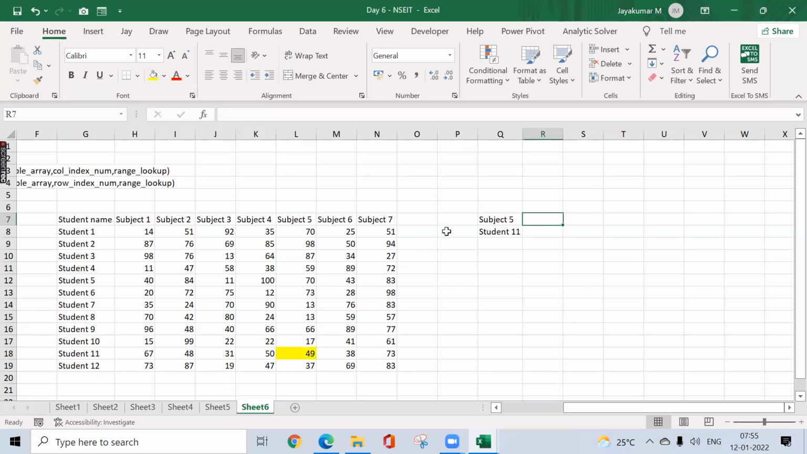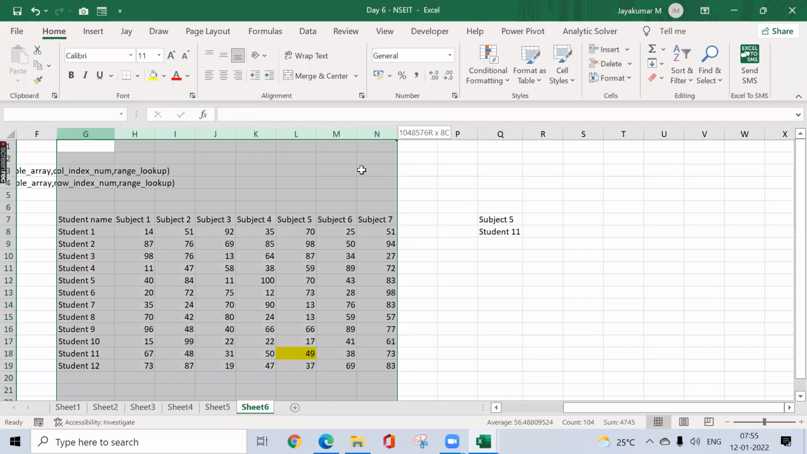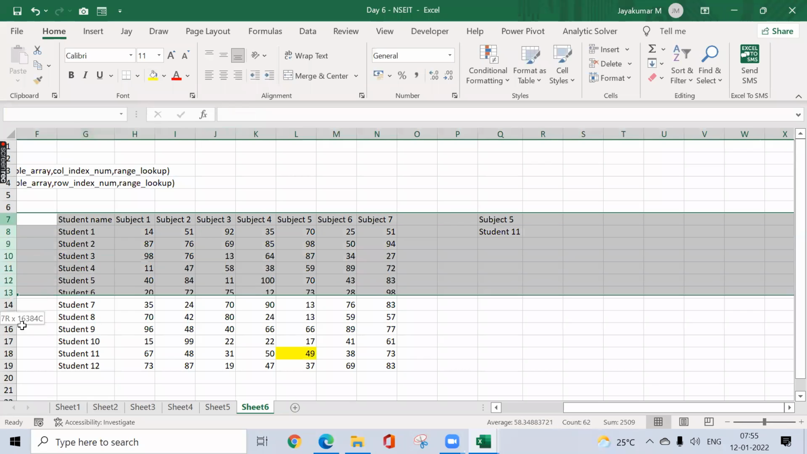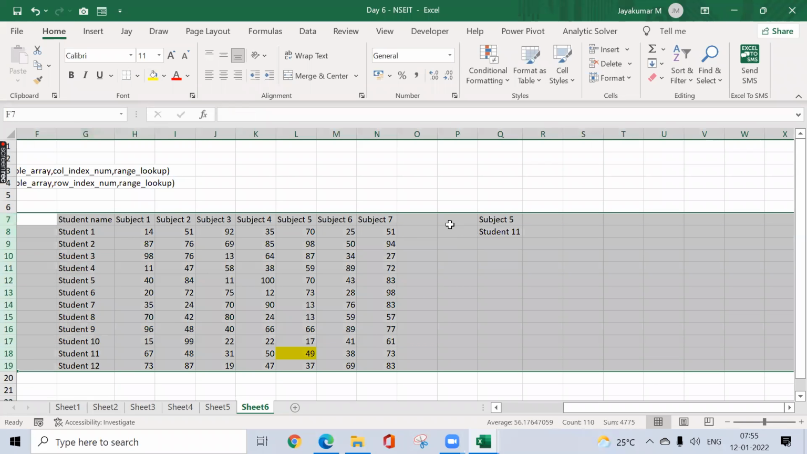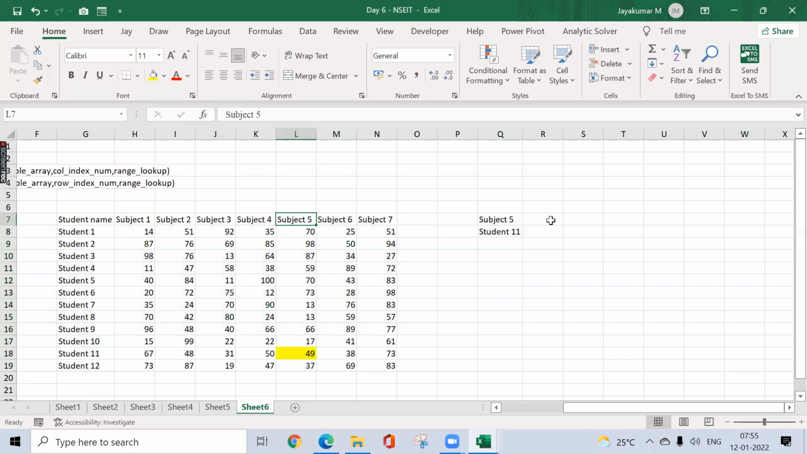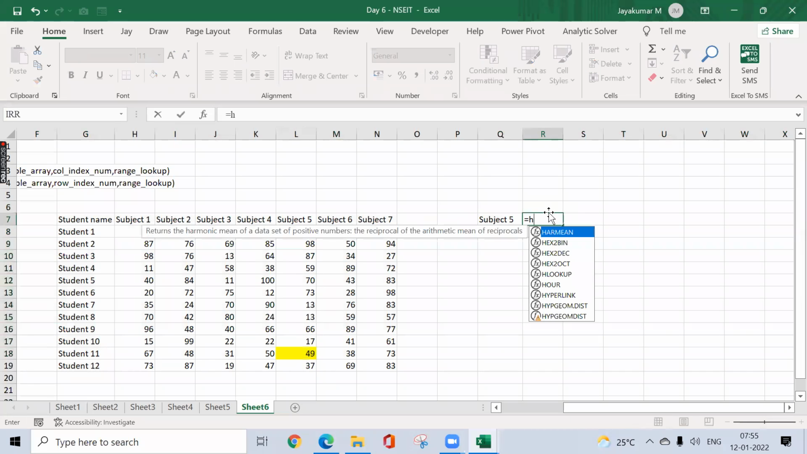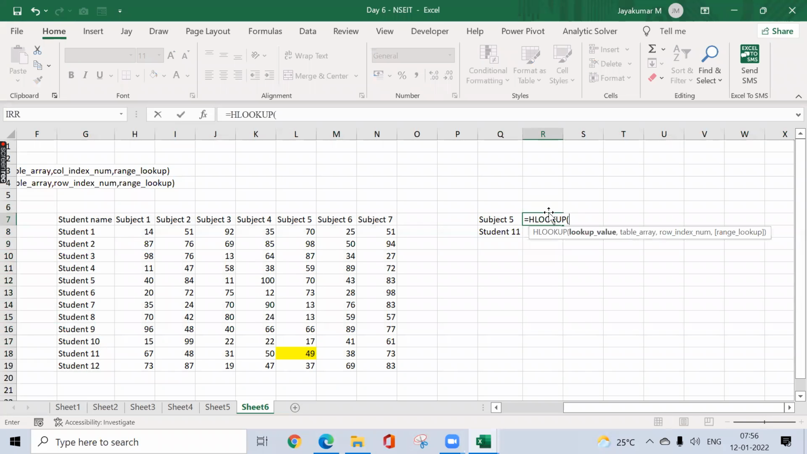Now you can see, in Vlookup we selected from here and updated column wise. But in Hlookup, we want to update in a horizontal manner. So for the horizontal manner, the first column is subject 5. So from subject 5, I want to drag it here like this. Okay, see now, equal to Hlookup, my subject 5, comma, here I want to select from here